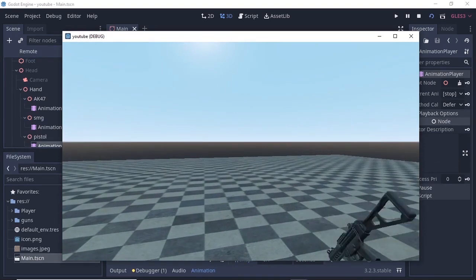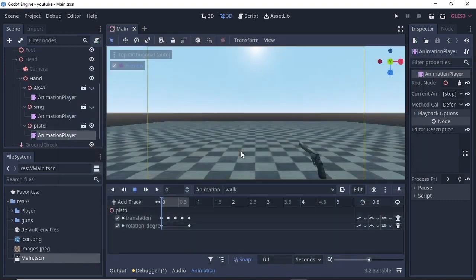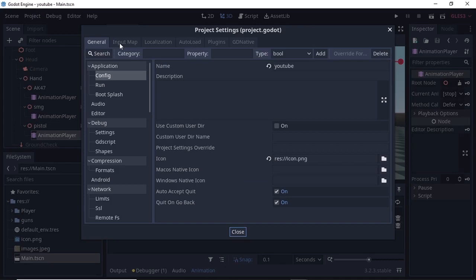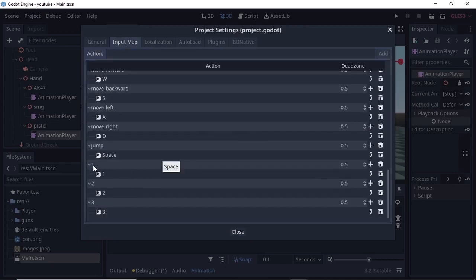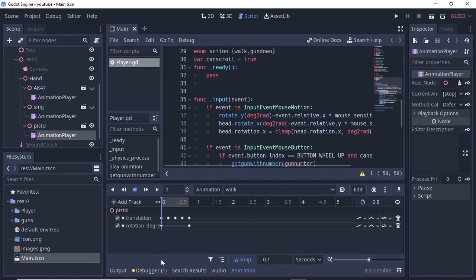Next, to switch our gun with our keyboard numbers, go to project settings under input map, and add the action as 1, 2, 3. In my case, I have added the action as 1, 2, 3 and assigned keyboard 1, keyboard 2 and keyboard 3. Next, again in the script,